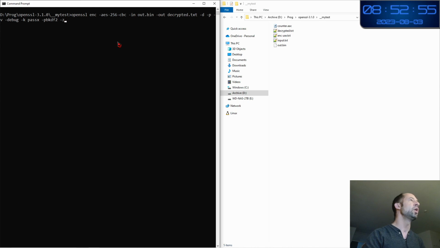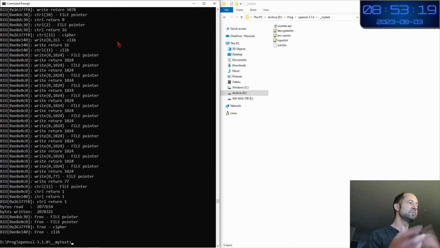Now let's come back to the encryption with the input here, which is changed. The input is not anymore the input txt, but the counter.AAC. And the remaining command line is exactly the same.